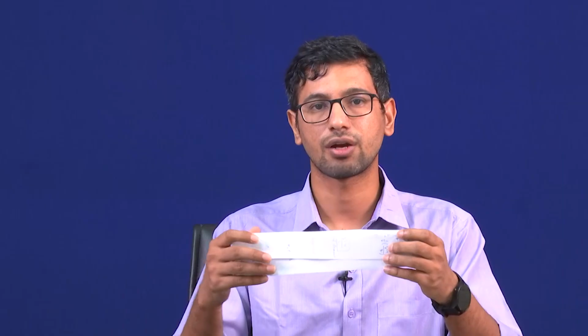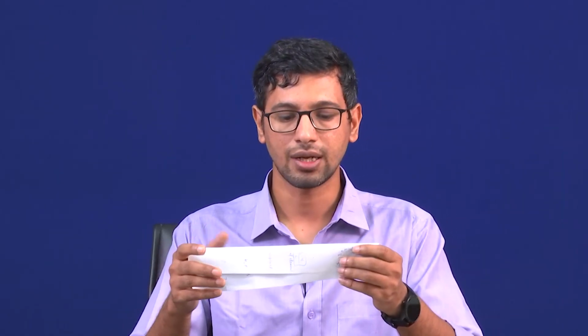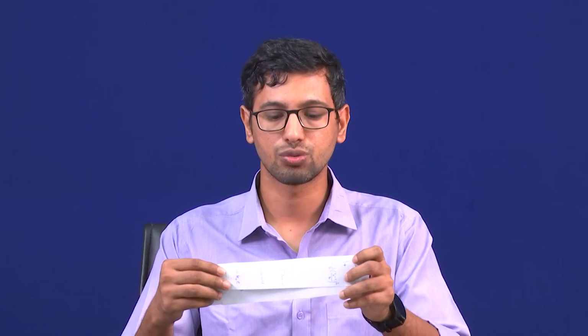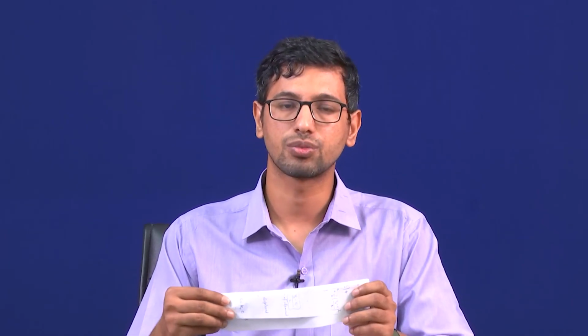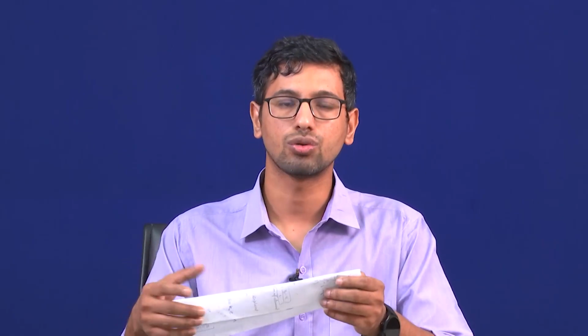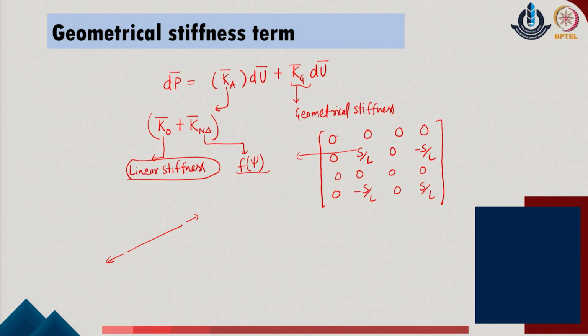In the initial case, when I was applying the load as a simple case, I simply considered that the load is constant, and with respect to the given load, the system is experiencing some displacement. But as the system undergoes large deformations, already one contribution of the stiffness modifier is there, but at the same time now the compression load which is active on the system is also modifying the stiffness of the given system, and this is what we identify by the geometrical stiffness term of the given problem.